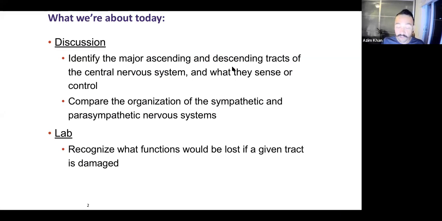So since we're talking about sensory pathways, that means we need to talk about ascending pathways. We're sending information up the spinal cord to the brain. We'll also be talking about controlling things, efferent motor pathways. So that'll be from the brain down the spinal cord out a spinal nerve. We'll also, again, in the next video, compare the differences in organization between another part of the efferent nervous system, sympathetic and parasympathetic divisions. It'll also be important, as always, to not only know the function of something, but what happens if we take that away.